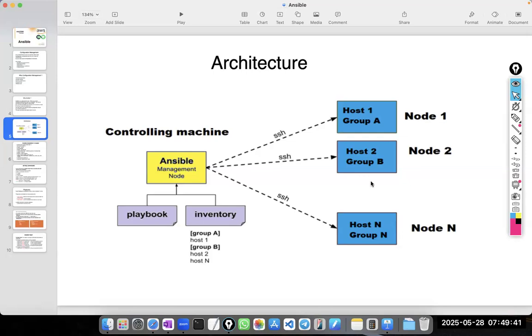Worker node means where we apply the code, where the infrastructure has to be created. So infrastructure has to be created in these 1,000 servers, right? Not in this Ansible server. In the Ansible server, we install Ansible and apply the code. That is nothing but the master node. Once we install Ansible,